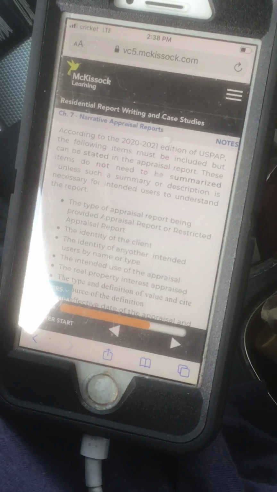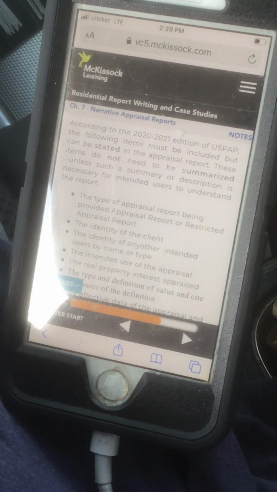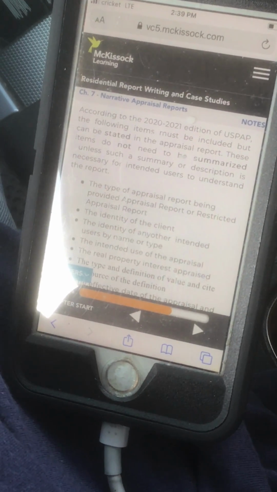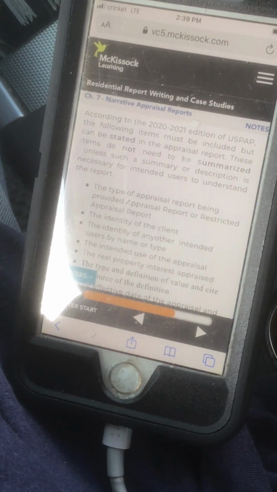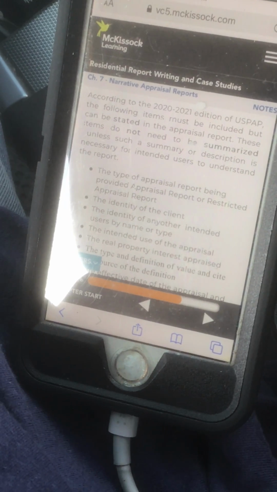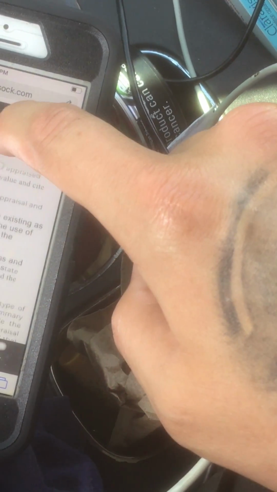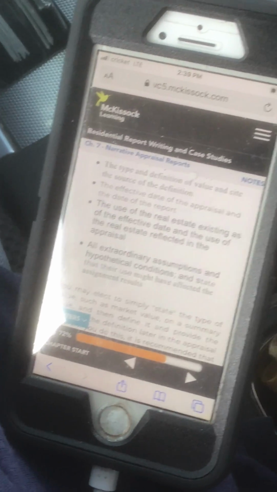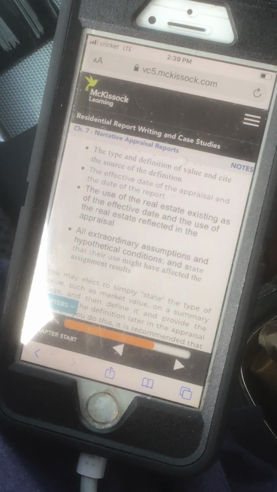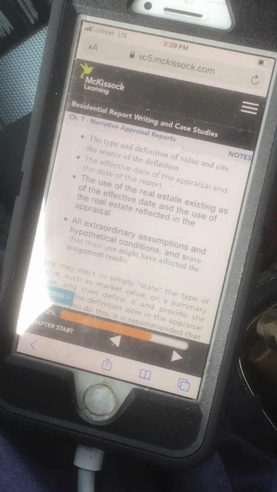The type of appraisal report being provided, appraisal report or restricted appraisal report. The identity of the client, the identity of any other intended users by name or type, the intended use of the appraisal, the real property interest appraised, the type and definition of value, and cite the source of the definition, the effective date of the appraisal and the date of the report,